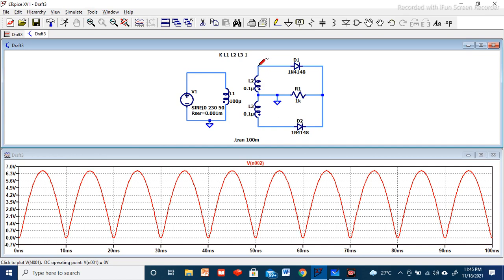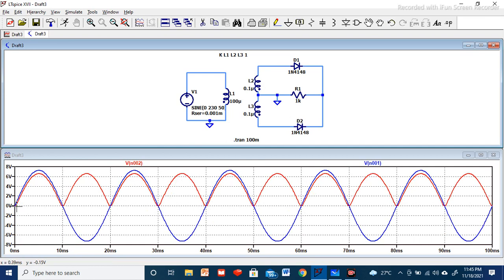Now I want to see the input voltage available here. So you'll click here, we see the secondary voltage available. Yes, the blue color voltage is the input secondary voltage available at this winding, which is approximately 7.33. So you can see that the input available here is varying from plus 7.3 to minus 7.3, and the output comes exactly after the drop across the D1 diode and D2 diode. For the positive cycle there is a drop across the diode, and for the negative cycle also the drop will be there. So that is nothing but the drop across the diode. Whatever voltage is available at the secondary winding, minus the drop across the diode, will be available in the output cycle. So we can see the output DC waveform in the red color across this R1.